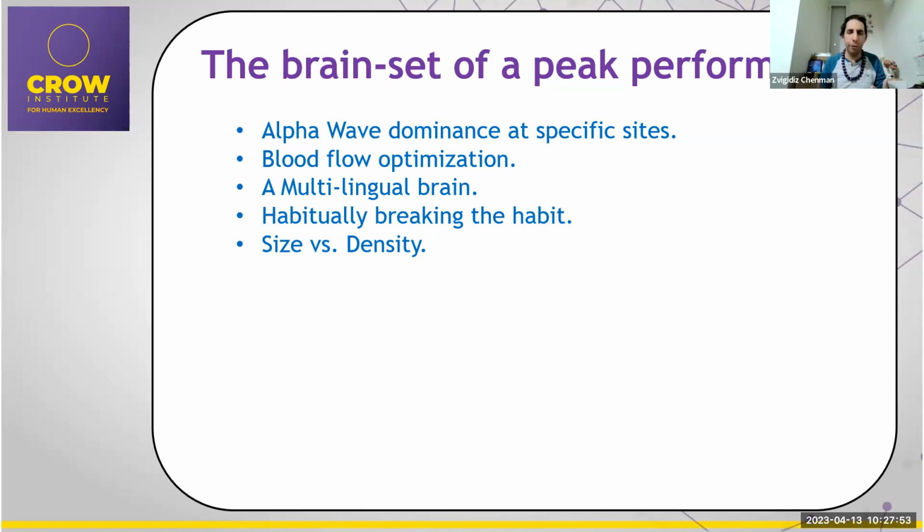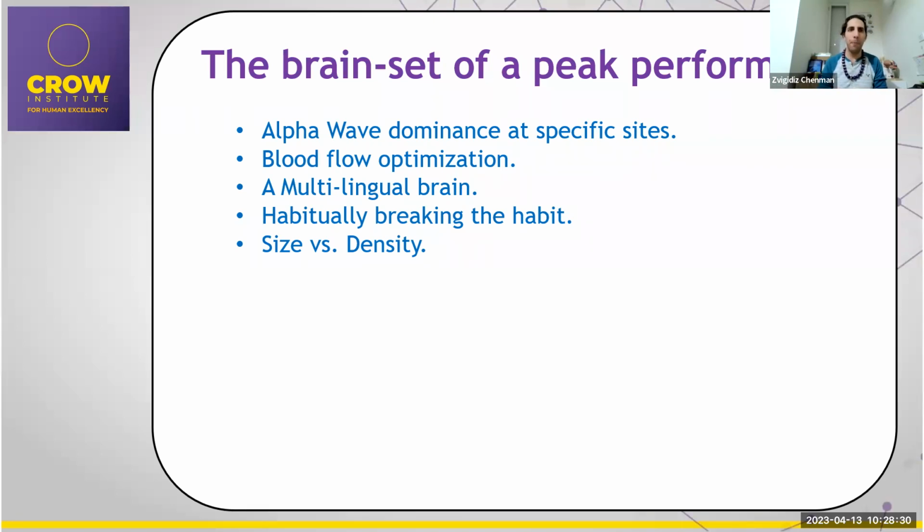And it's kind of interesting because you're saying, how will I get into alpha? Well, we'll get into that later on. Blood flow optimization helps when it comes to open focus and hyper focus, okay? So one of the things that the brain knows how to do and is trainable is how to optimize oxygenated blood flow into the frontal lobe. Okay, this is something that we can train. This is something that the brain can learn how to do.